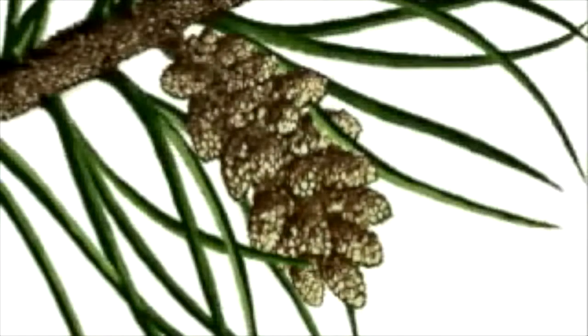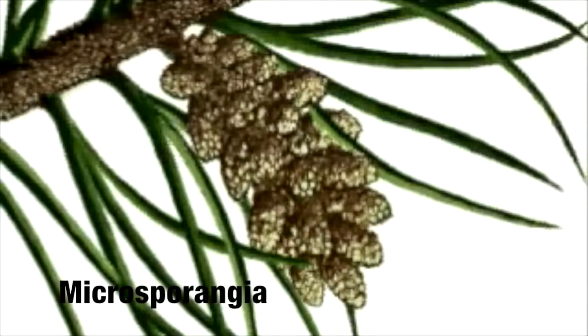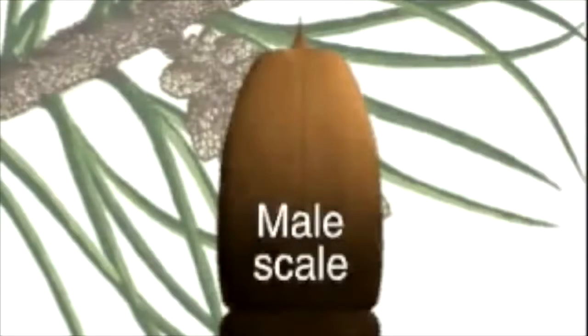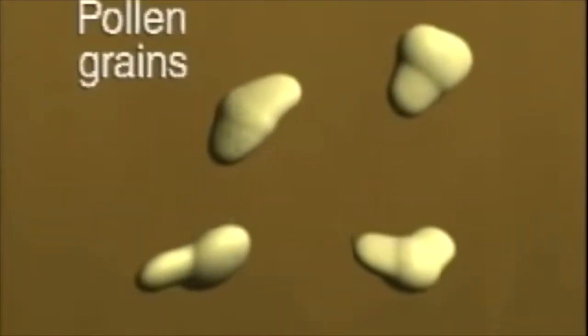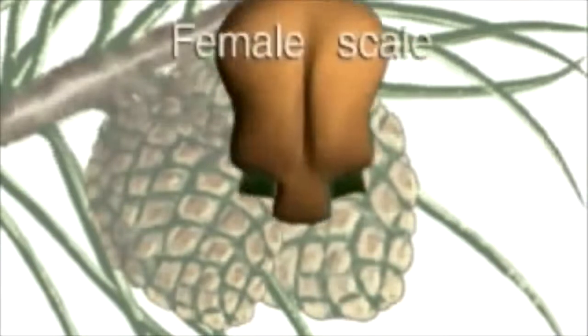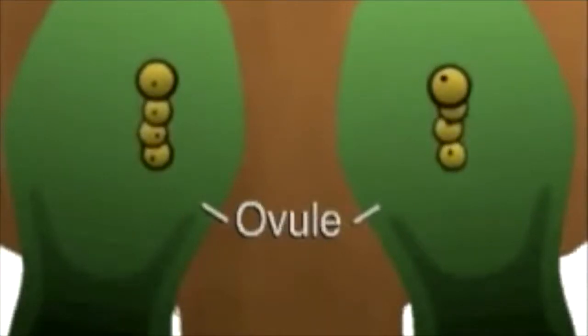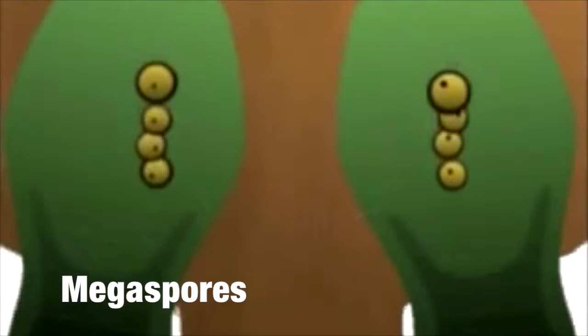In most gymnosperms, the male pollen cones, called microstrobili, contain reduced leaves called microsporophylls. Microsporangia, or pollen sacs, are borne on the lower surfaces of the microsporophylls. Within the microsporangia are cells which undergo meiotic division to produce haploid microspores. Female ovulate cones, called megastrobili, may be borne on the same plant that bears microstrobili or on separate plants. A megastrobilus contains many scales, called megasporophylls, that contain megasporangia. Within each megasporangium, a single cell undergoes meiotic division to produce 4 haploid megaspores, 3 of which typically degenerate.